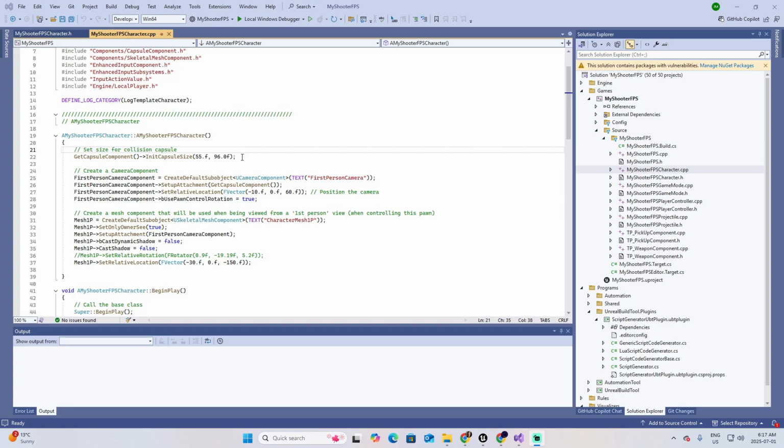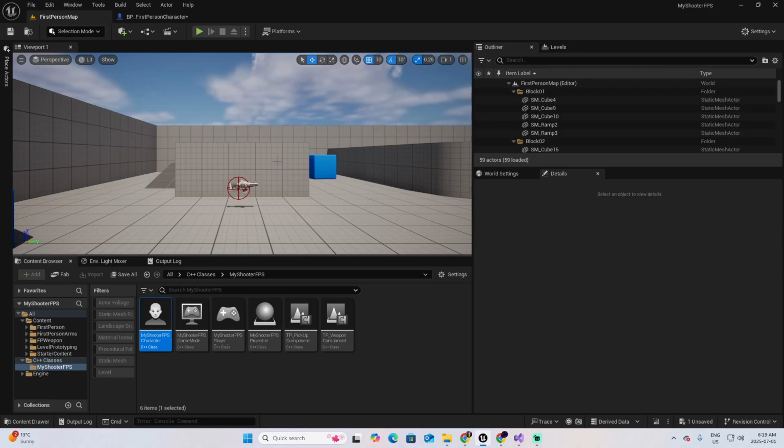The first thing we establish is a CapsuleComponent. And look that we have an initialization with some parameters. If you move the mouse over the init capsule, you can see the parameters, which are radius and half of height. To see the result of this line of code, go to the Unreal project,